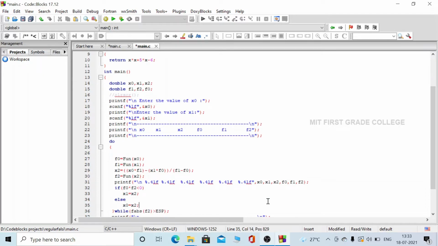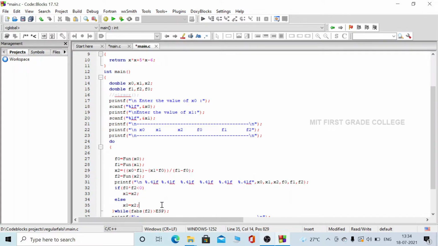This is also an iterative method. So to go for the next iteration, we have to check whether the value of f of x2 is less than 0 or greater than 0. Fine. So here if f0 into f2 is less than 0, then x2 is taken as x1, else x2 is taken as x0.